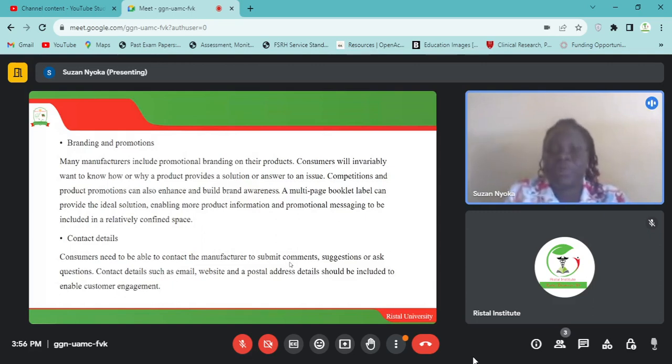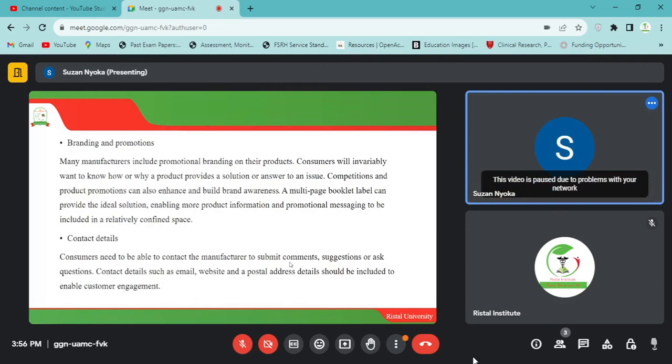A multiple page booklet label can provide the ideal solution, enabling more product information and promotional messages to be included in a relatively concurrent space. You need to include branding and promotional messages in your product, just so as to win your consumers' trust, of course.